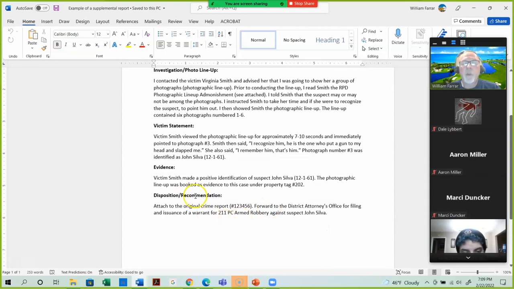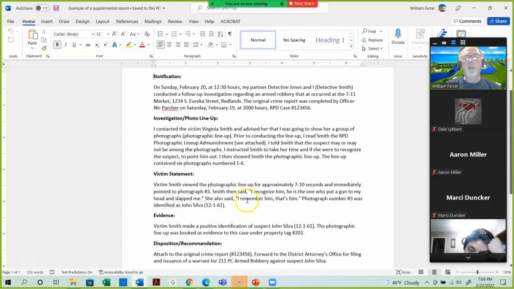And then my disposition, or my recommendation, meaning what's going to happen after I'm done with all this, we're going to attach this to the original crime report, and we're going to forward it to the DA for issuance of a warrant for robbery against this person. And again, you don't have to know all the little ins and outs about forwarding to the DA and stuff like that, but use this as a baseline. But again, note that I use the headings, even though it's super short, but it really is pretty factual. There's not a lot left for the reader to figure out. So I'm hoping this helps you a little bit as we move into our next